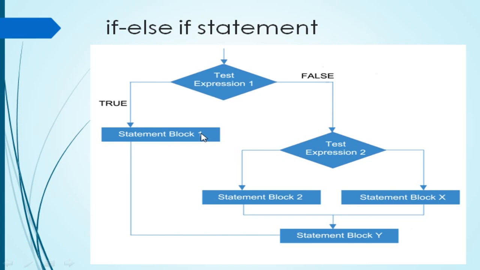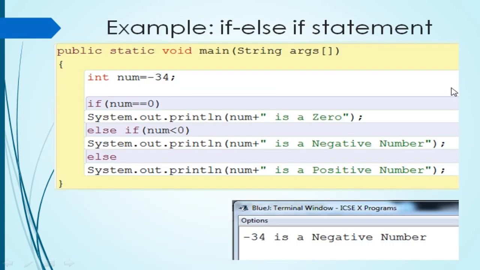Next statement we are going to see is the if else if statement. That means if you have more than one if statement, it comes into this part. Here you can see a test condition. If the condition is true, it will execute the if block and then directly go to the remaining of the statement. Suppose the condition is false, then it will go to another if statement. It will test the condition and have two blocks, true or false. If it is true, it will go to the true block. If it is false, it will go to the false block, after which it will go to the remaining of the statement. We will illustrate this with an example so that you will understand what I just said.